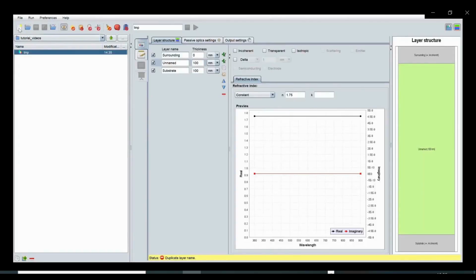Simulation from scratch. Therefore, I use a new simulation to create a default device layout. Now I proceed to the definition of geometry for the layer stack of my solar cell. First, I add 4 new layers.